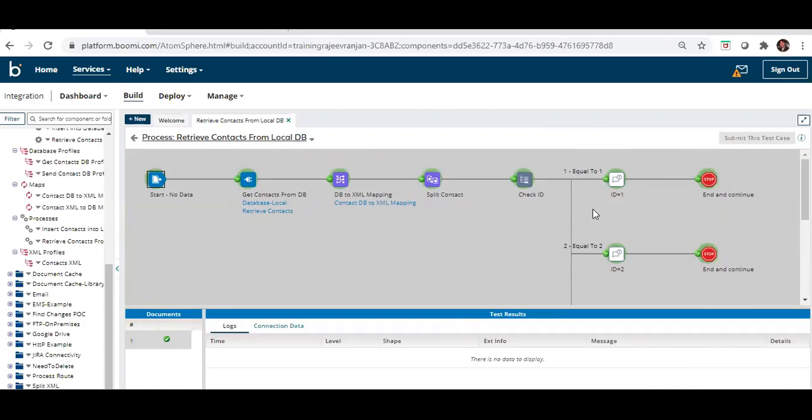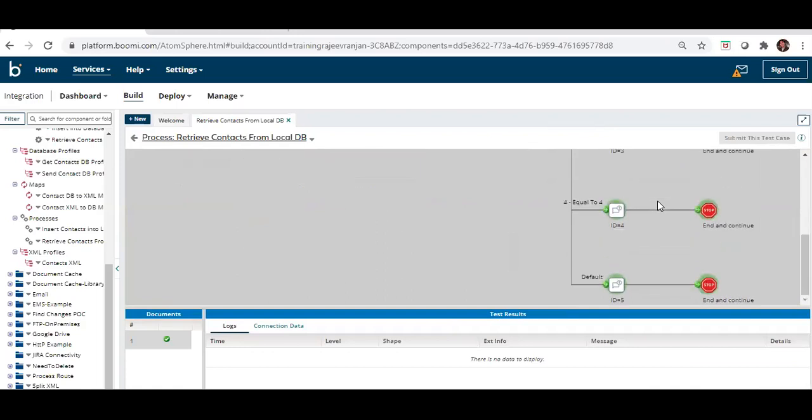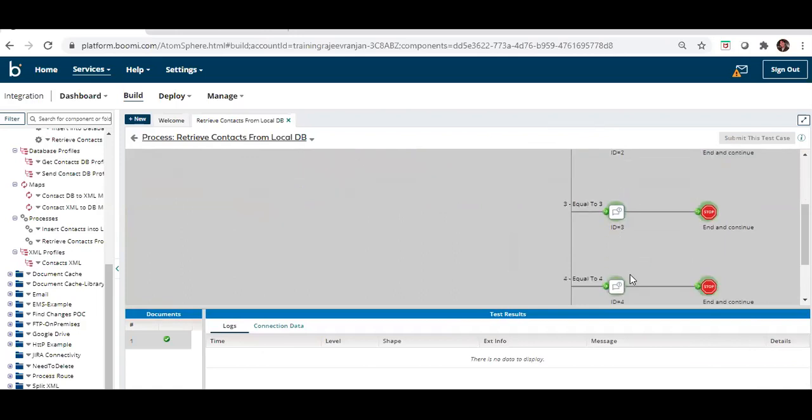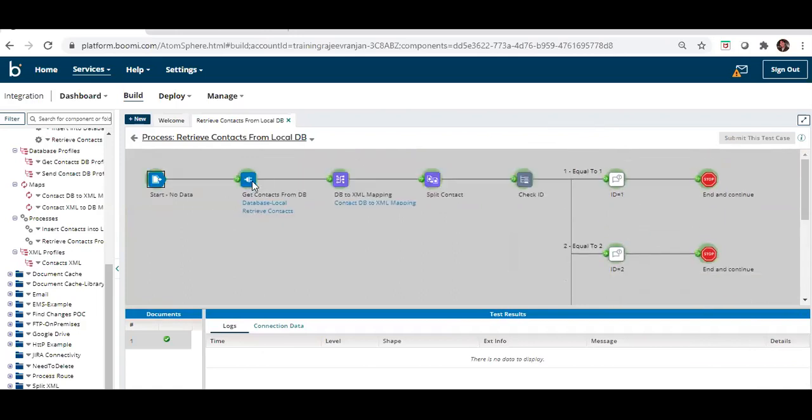So this is how we can relate the things. Each transition or each branching in Boomi, the execution happened sequentially. If you have noticed, after the execution of path 1 there was a pause, then the second, third, fourth were executed. So we'll see what we are getting here.